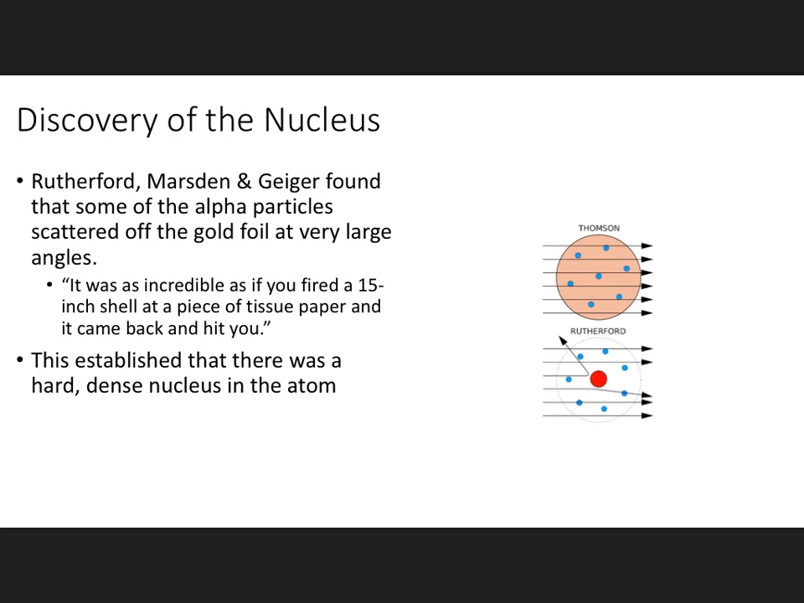So what Rutherford, Marsden, and Geiger found was that some of the alpha particles came back at very large angles, more than 90 degrees, and Rutherford's famous quote was, "It was as incredible as if you fired a 15-inch shell at a piece of tissue paper and it came back and hit you." So the fact that you could have these large bounces, these large deflections, indicated there was a small, dense nucleus inside the atom. So rather than Thomson's model, where the alpha particles would have just gone through and knocked out the electrons, instead the alpha particles go through, they bounce off this dense piece